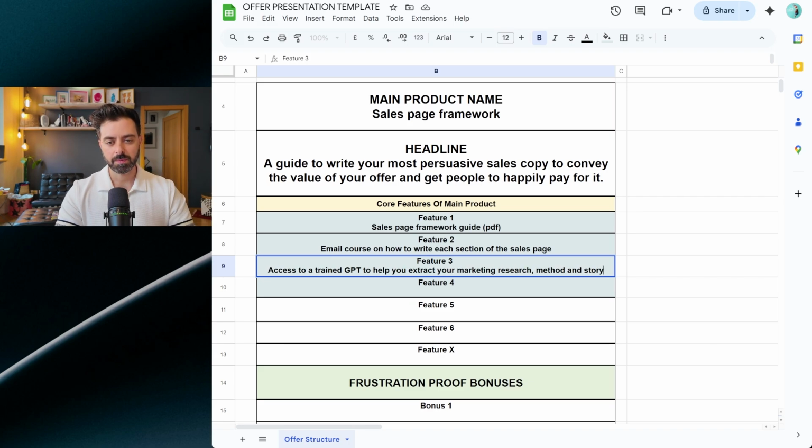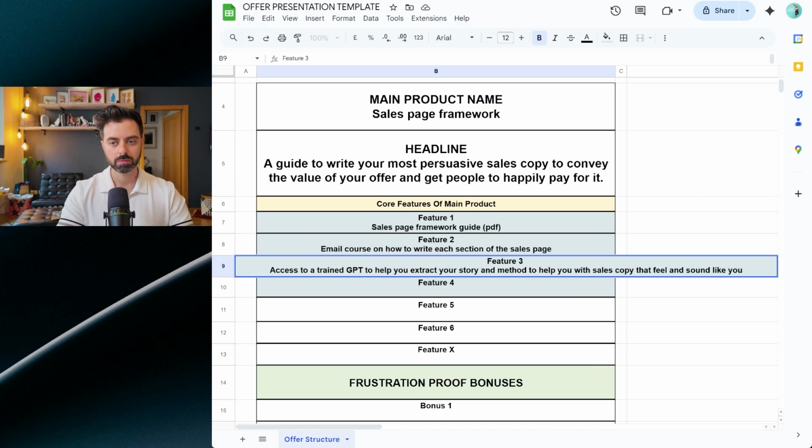Yeah, but people might say, but why would I care about all of this stuff? So you need to go deeper, to help you extract your story and method to help you with sales copy that feels and sounds like you,